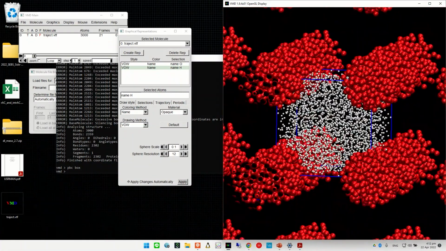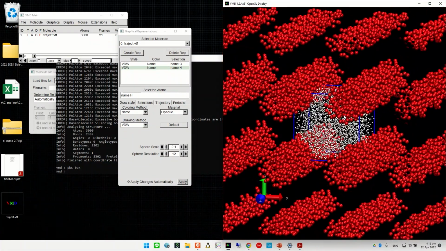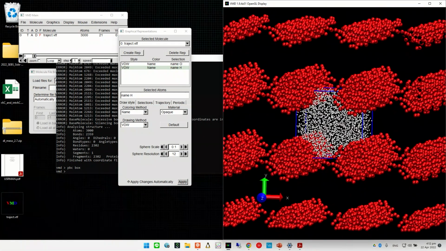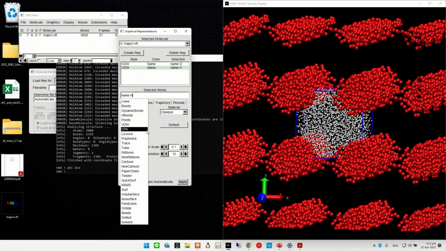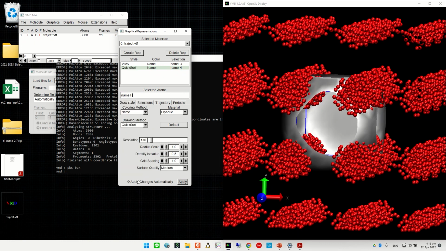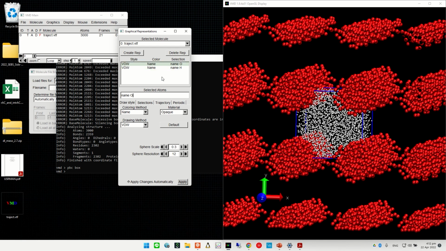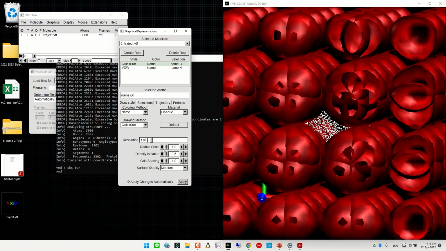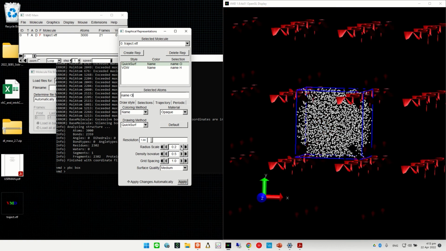Now, it's hard to see, right? Because this is composed of so many particles. You can change the view here. Instead of VDW, you can do quick surface. No, this is VDW, sorry. For O you need to change to the quick surface and make a smaller radius.